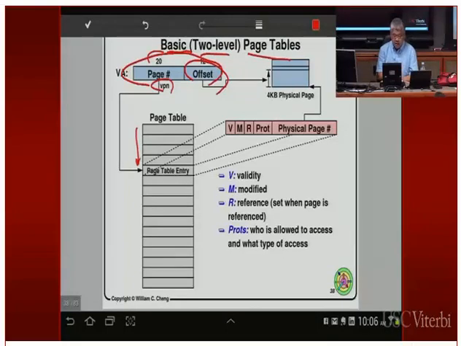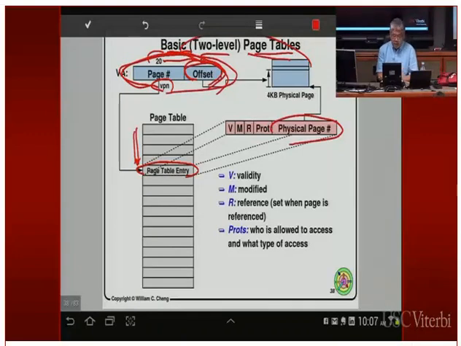into the page table, and this page table is the basic page table or the two-level page table. Okay, so they will give you an index, and what you get out of that index is a page table entry, and inside that page table entry, you have the physical page number. The physical page number is a page-aligned physical page address, right? So what you do is you shift to the left 12 bits, and you get a physical page address, and then you add the offset to it, that will give you the physical address for this corresponding virtual address.